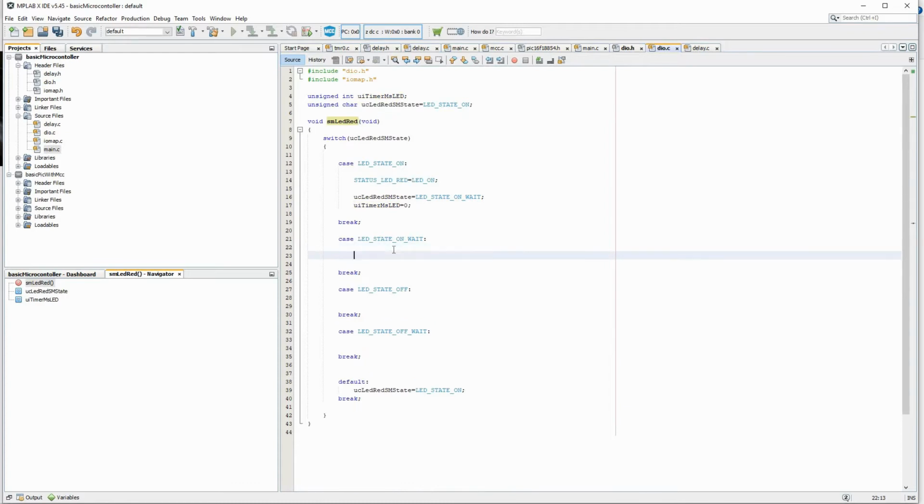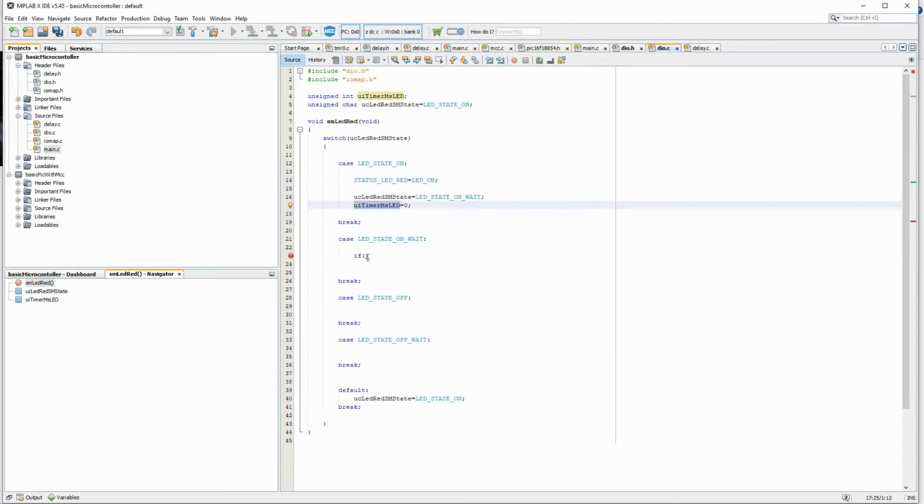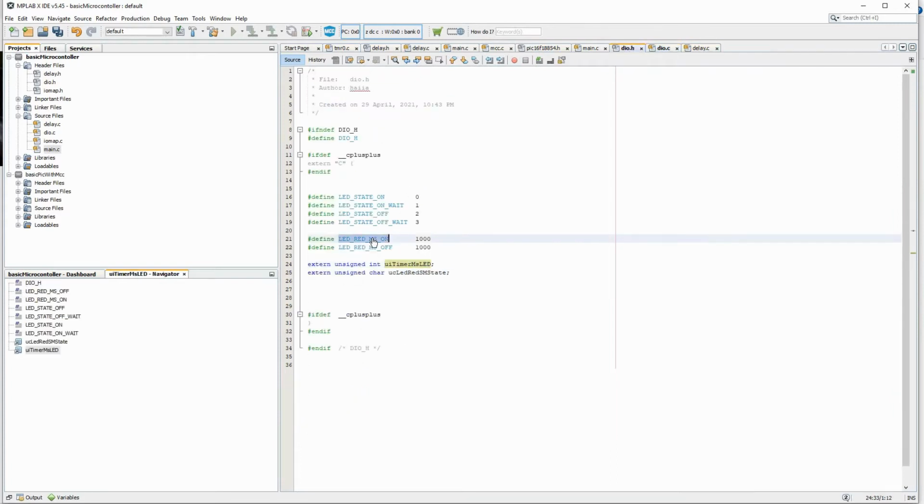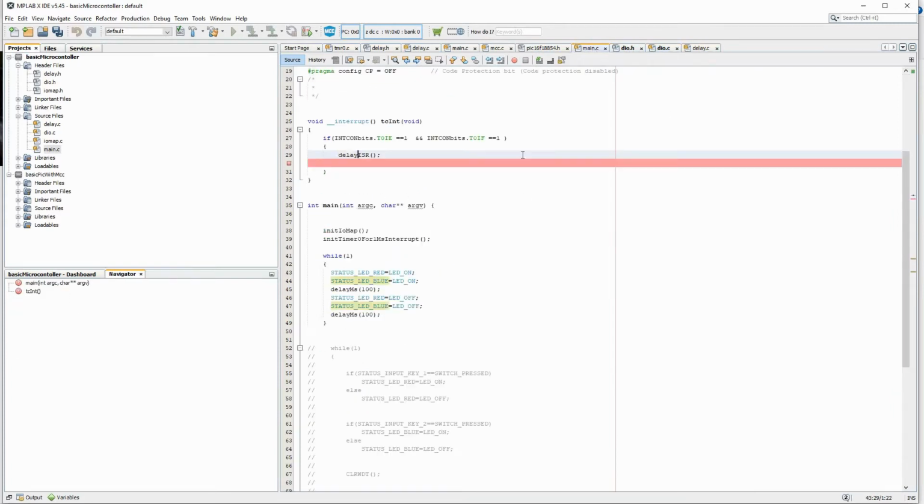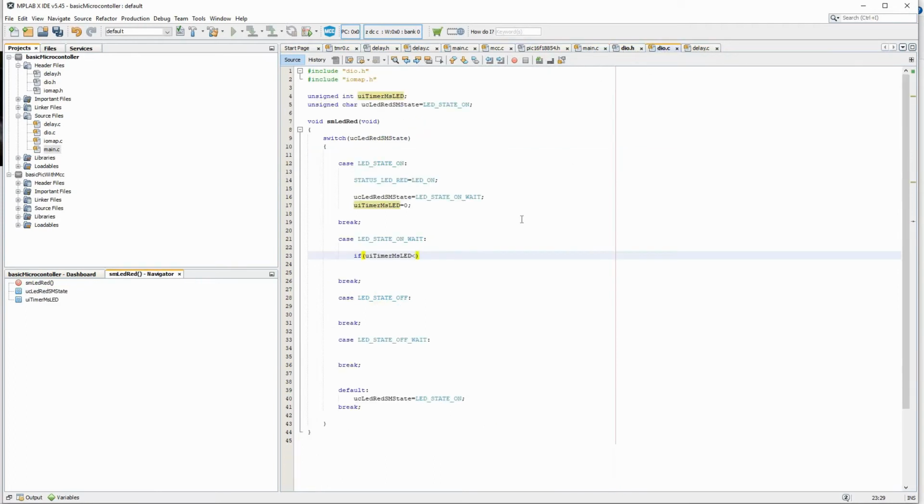So now if this timer millisecond is less than the delay that we want to provide, that is, I have written it in on delay. If you come here, I will just break.